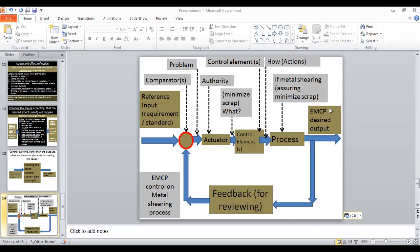Even in an office, let's say the paper wastage. Also, you can have a similar output, which is waste paper, whether it is minimized as expected, or as established, or as targeted goals. So you take back the information and compare with the requirement. That's why comparative. Then feedback to the authorities, so they give the command. Okay, feedback as a problem to the authorities. So the command may be giving some instructions, minimize